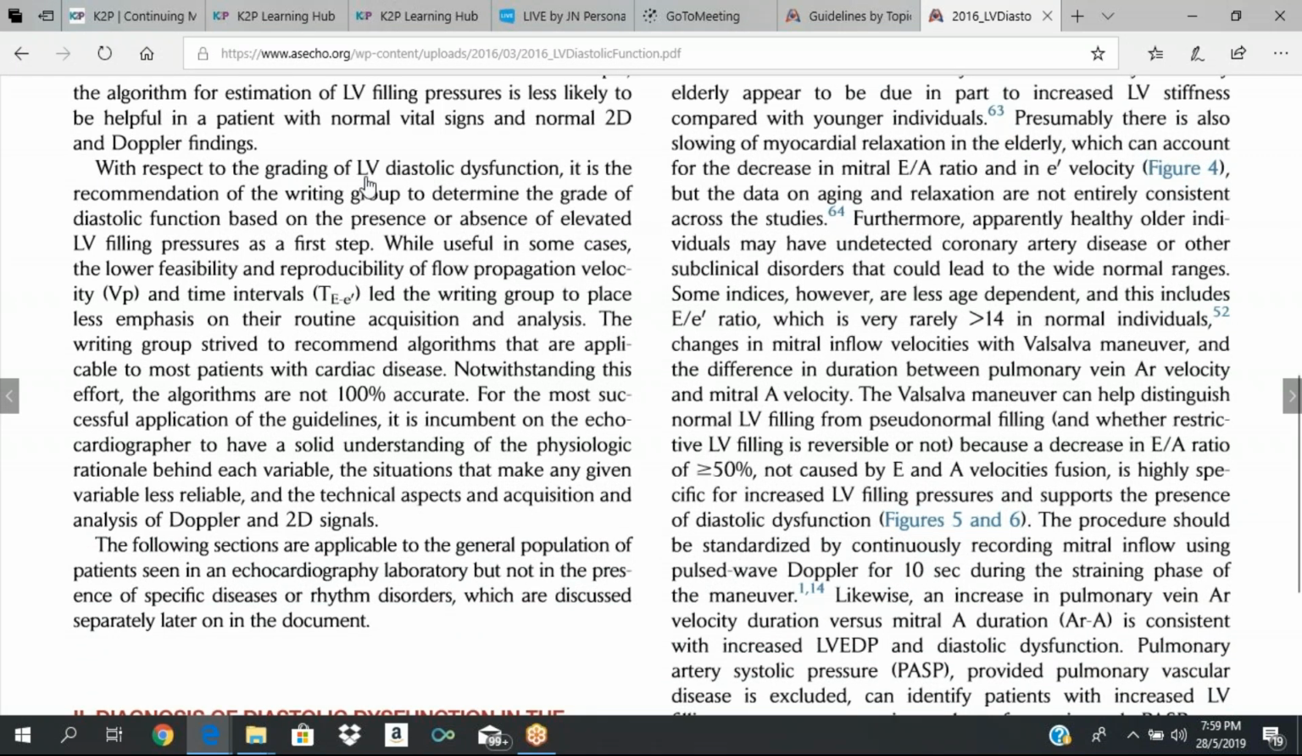With respect to the grading of LV diastolic dysfunction, it is the recommendation of the writing group to determine the grade of diastolic function based on the presence or absence of elevated filling pressures as a first step. So what we are saying is that, okay,